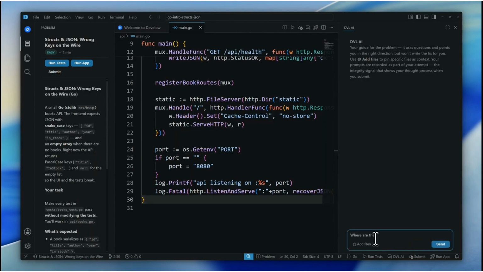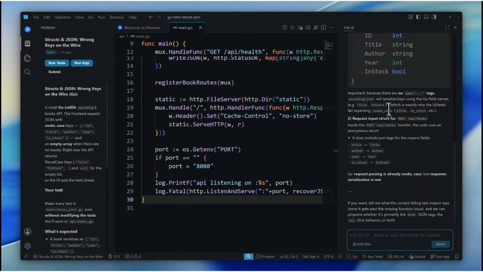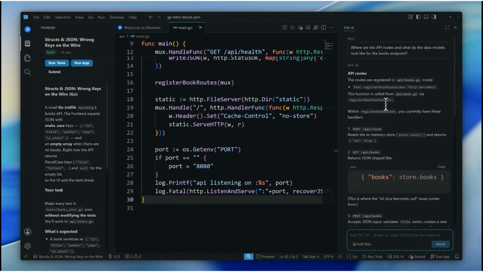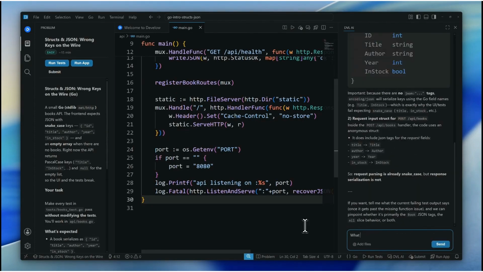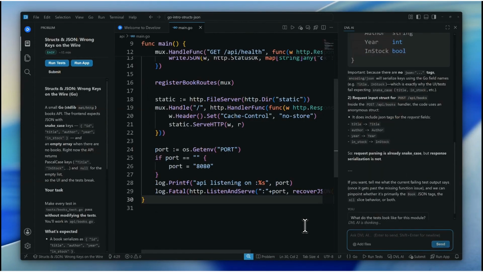First, let's open the AI panel and ask our initial discovery prompt. Where are the API routes and what do the data models look like for the books endpoint? The AI instantly directs us to API/books.go. Now let's follow up by asking, what do the tests look like for this module? The AI points out